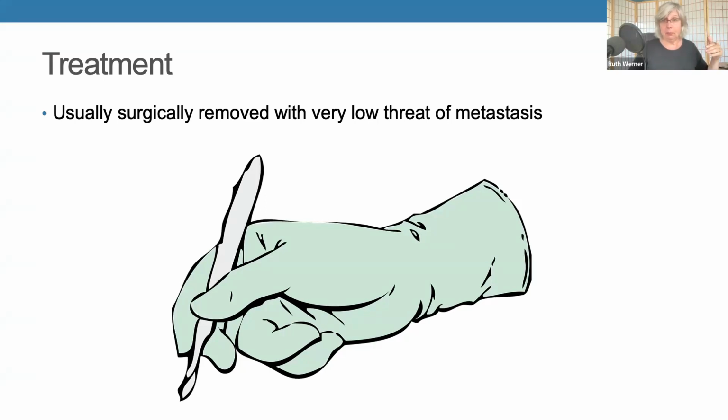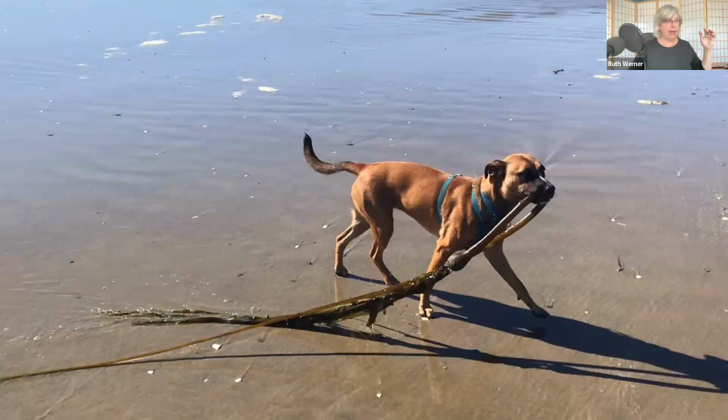And now we're going to take a breath. This is my dog, Gaia. Gaia is no longer with me. We have rehomed her to a place where she has a big yard to run in because she turned out to be problematic as a beach dog, but she sure loved her seaweed. And we'll take a breath. And now we'll talk about